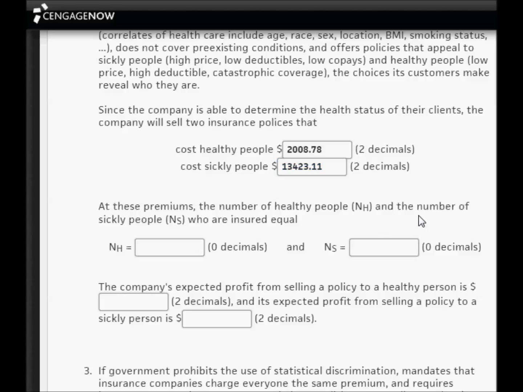At these premiums, the number of healthy people and the number of sickly people who are insured equal 32,210 and 74,270. The company's expected profit from selling a policy to a healthy person is